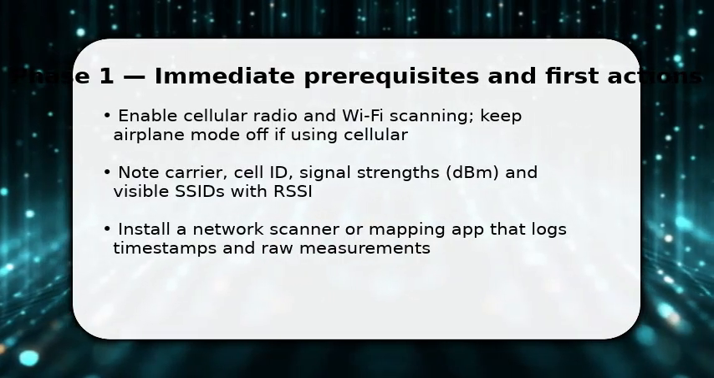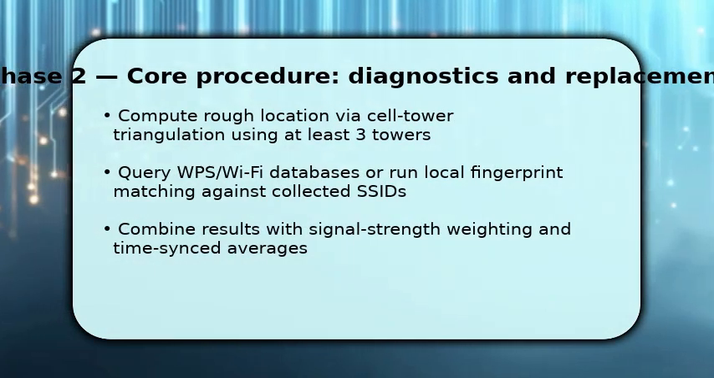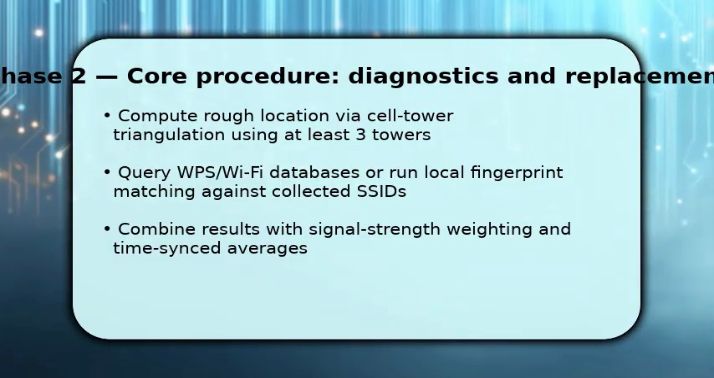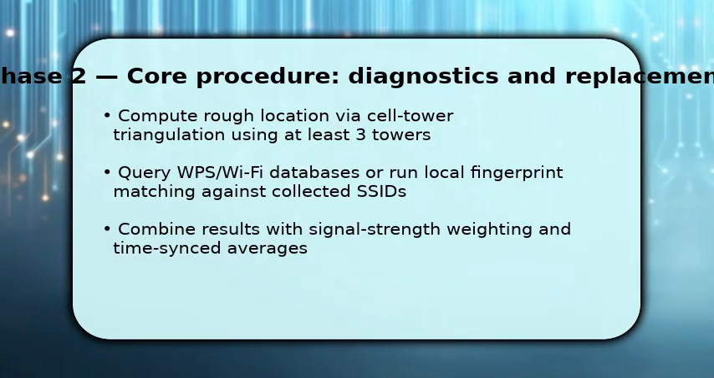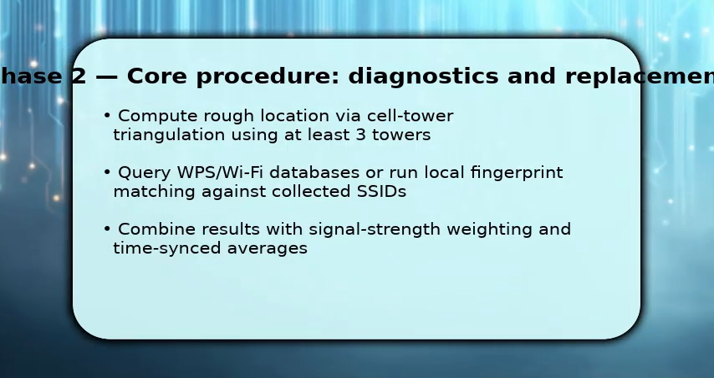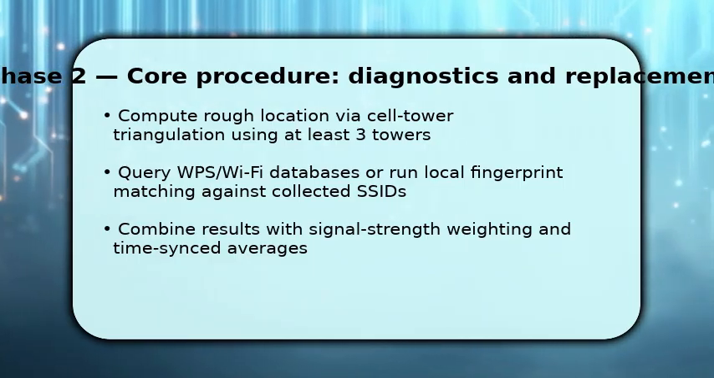Next, you fuse measurements into a location estimate. Use at least 3 cell towers to triangulate, convert dBm to distance estimates, then apply weighted averaging so stronger signals influence position more. Simultaneously, submit SSID lists and RSSI values to a Wi-Fi positioning service or match them against your